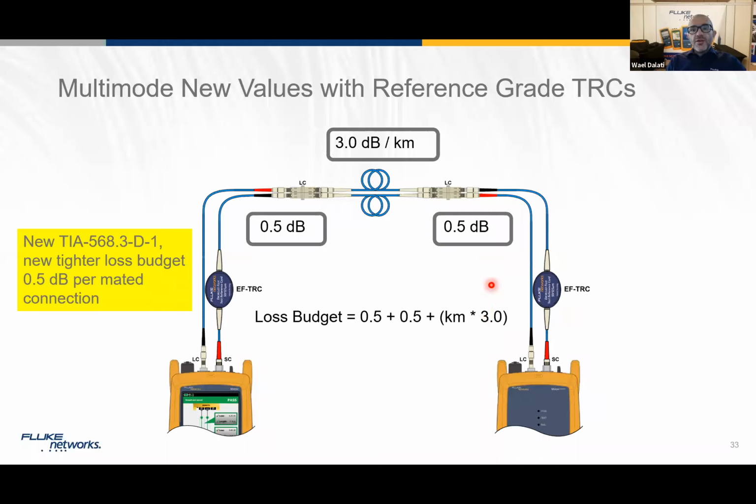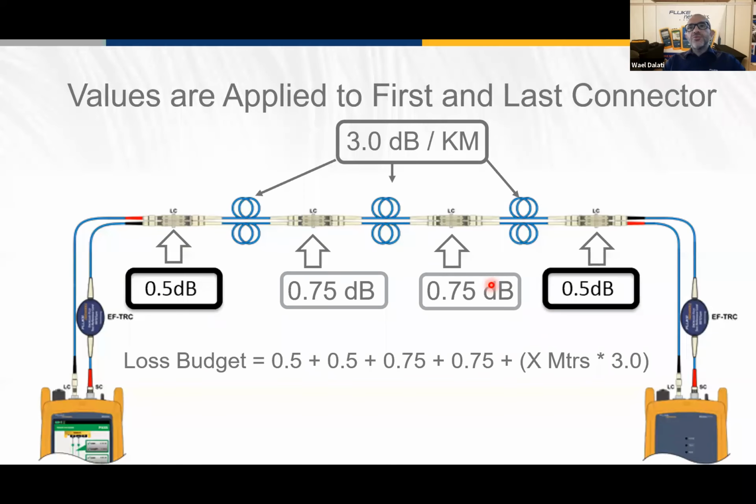Now, what if I have more connectors on the link? What do I do and how do I calculate my length? So I look at my connector, the first connector and the last. Again, according to TIA, it is 0.5 dB plus the calculation of how many connectors, and I get the loss budget. Now, if I have the right things done in the reference, I can assure that the measurement of that link that I will do at the end will be correct and not something that will overshoot. So for that reason,